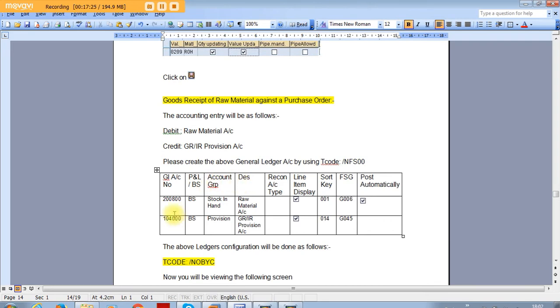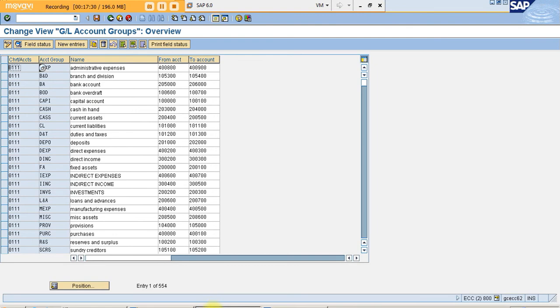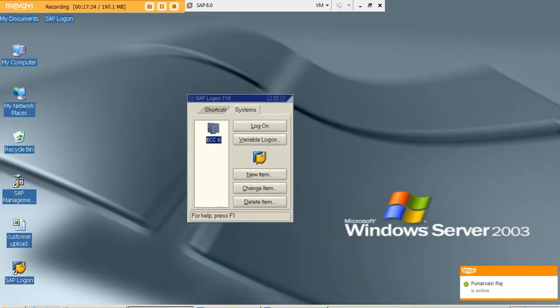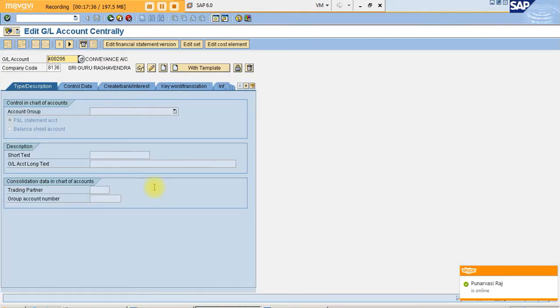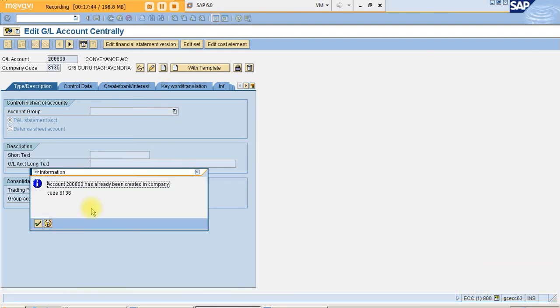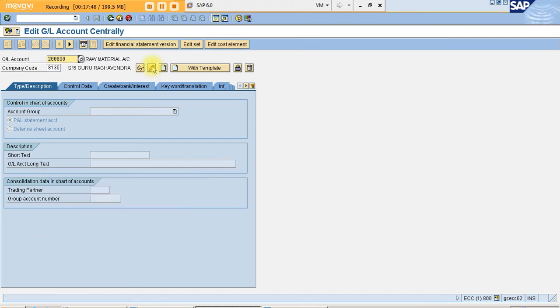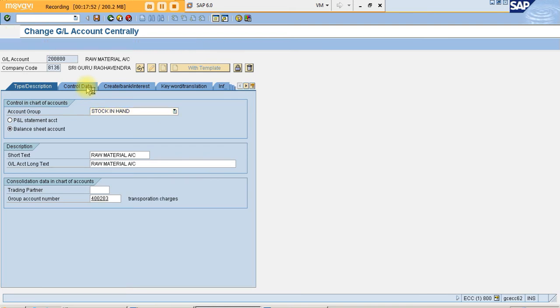Now the GL account number is 200800. What I'll do is I'll remove this 200800. Okay, click on create. Already been in company code. Okay, click on edit. Okay, click on control data.